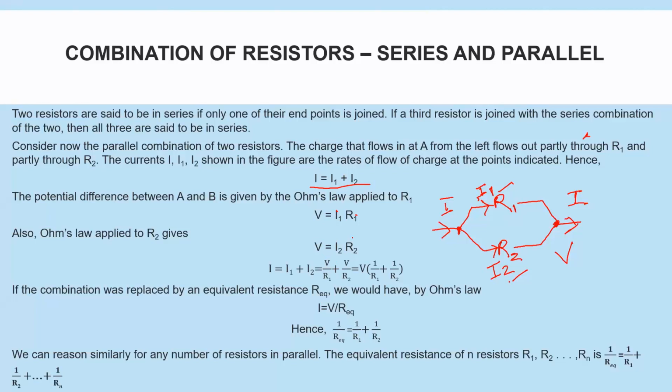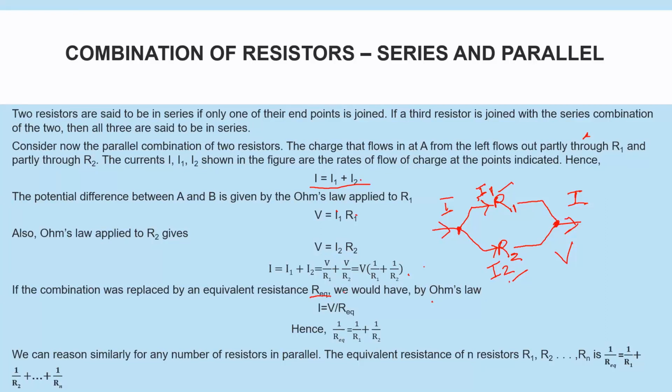Okay, so we put the values of I1, I2 in this equation, and what we get is V by R1 plus V by R2. If you take the V common, you are left with 1 by R1 plus 1 by R2. So the equivalent resistance of the entire parallel resistor combination, if we call it Req, then by Ohm's law,